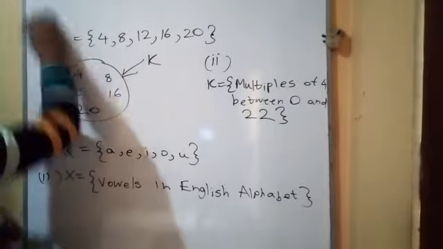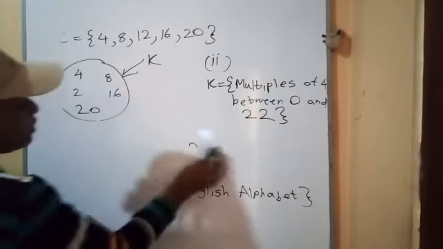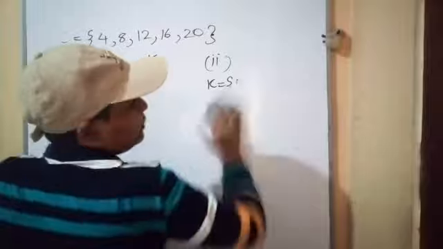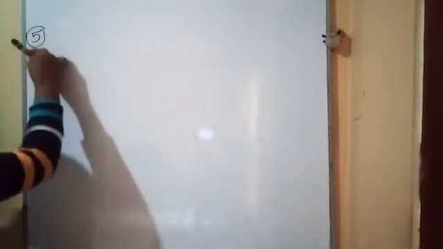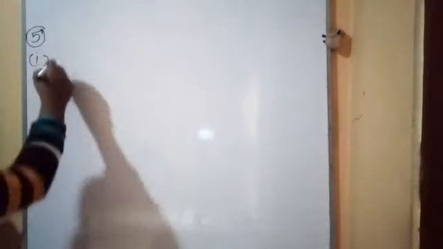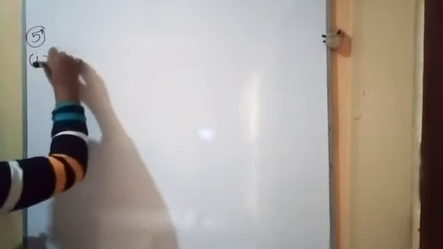Okay, so let's move to the last question in this exercise 2.2, in this second lesson of your grade 7, the sets. Now what is the last question? That's the fifth question. The first one: represent the set of multiples of 5 between 6 and 25 by writing down a common property by which the elements of the set can be clearly identified. Multiples of 5 between 6 and 25.